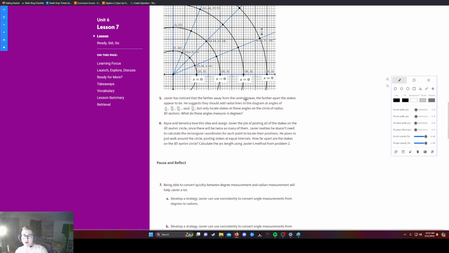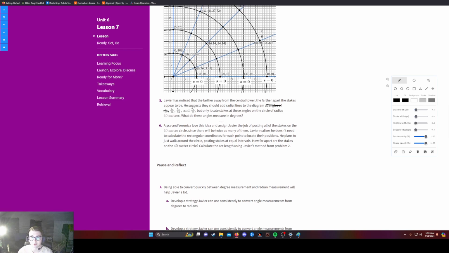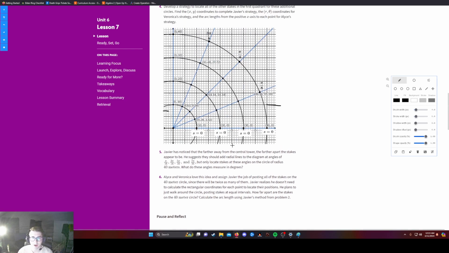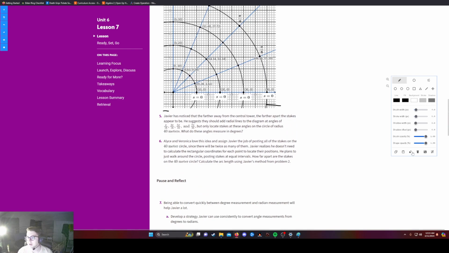Javier's noticed that the further away from the central tower, the farther the stakes appear to be. He suggests they should add radial lines to the diagram at these angles, given in radians, not degrees, but only locate stakes at these angles on the circle of radius 40. So that would be out here. So what he's mentioning is let's change up